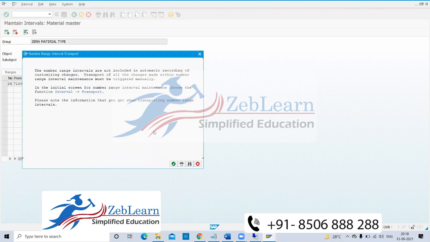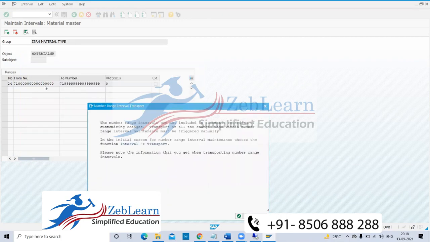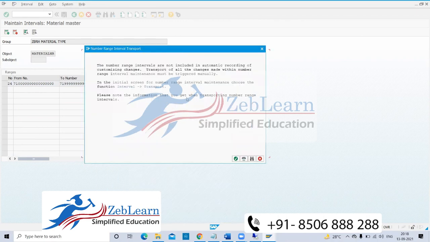Suppose the number range I have given here is already created in SAP by some other user, then the system will give you an overlap error. Since no one has used this number range, it will come to this screen, number range transport.